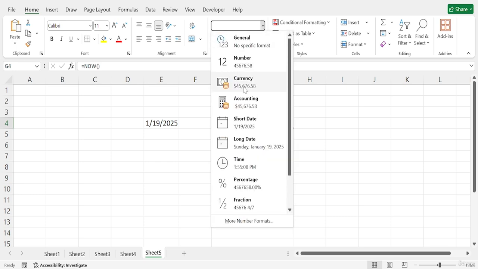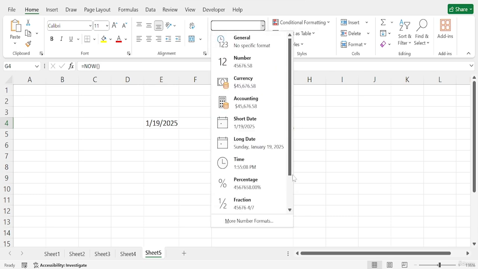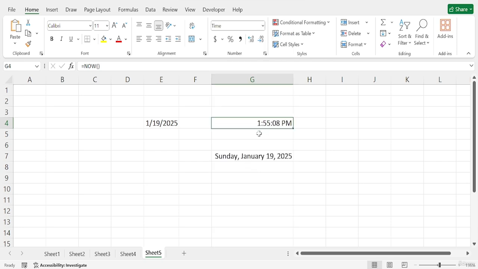I can also do the same for the time. Let's say I select this one, then it will appear like that. Or if I choose long date, then it will appear like that.